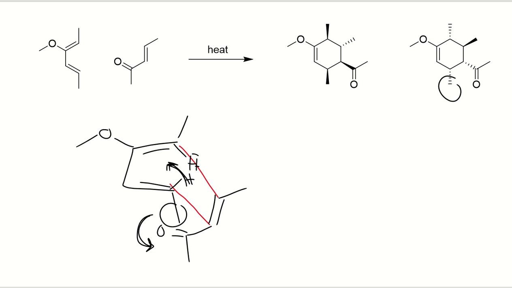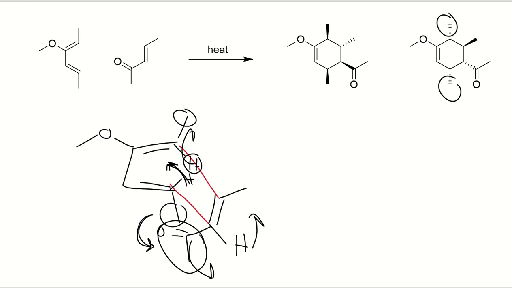The same is true for the other side. This hydrogen needs to move away from the bond that is forming, so it's going to be a wedge, whereas my methyl group will be a dash. As that bond forms, also, our carbonyl here, our withdrawing group, is going to have to move down away from the bond that is forming. Hydrogen is going to move up. So again, our carbonyl will be a dash. And on the other side, our methyl group will have to move up as the hydrogen moves down. And the purpose of this is we cannot have the atoms cut through the bond that is forming